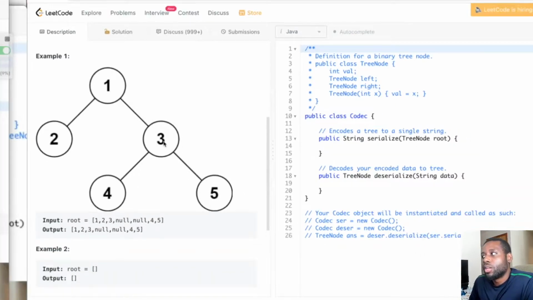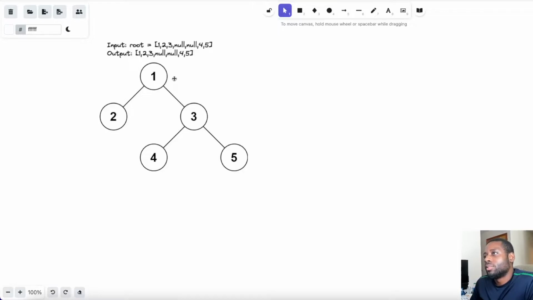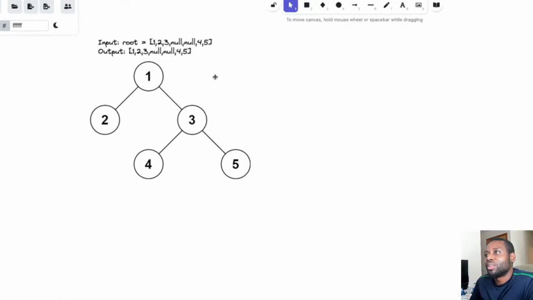So because of that, what we're going to do is brainstorm. We're going to go to our whiteboard. This is where we brainstorm ideas before we get into the code and the algorithm. So we're given this root. How do we convert that to a string, while making it convenient for us when we're doing the deserialization, which is the process of converting it back to the actual binary tree? We need to make sure that we don't mess ourselves up.